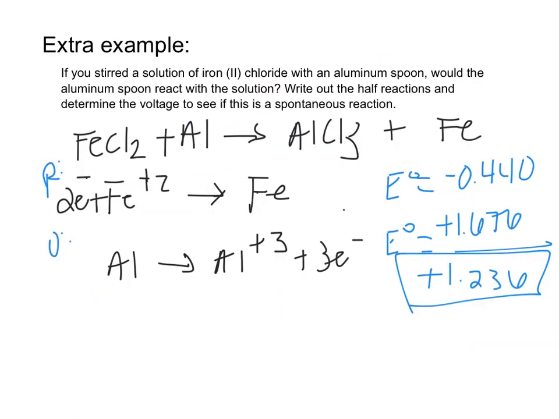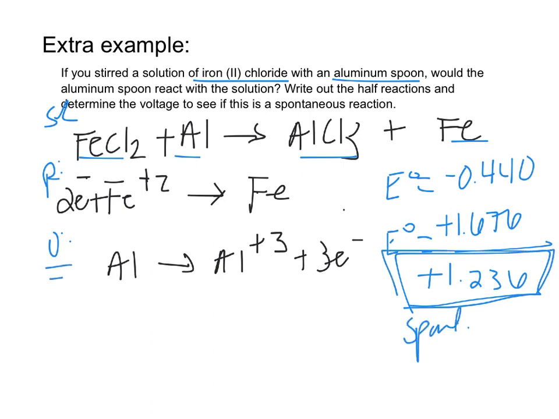So this last example is not in your notes, so it's extra, or if you're totally spent, it's on you if you want to finish this. But what would happen if you stirred a solution of iron 2 chloride with an aluminum spoon? So I wrote out this single replacement reaction, iron 2 chloride reacting with aluminum. Aluminum is going to replace iron to make aluminum chloride and iron. Split it into its half reactions. Iron's reduced, aluminum's oxidized. Add up the potential energy, flipping the oxidized, and this is going to be a spontaneous